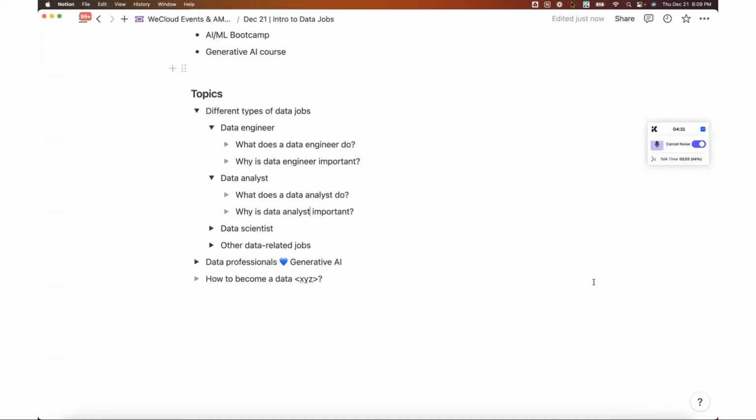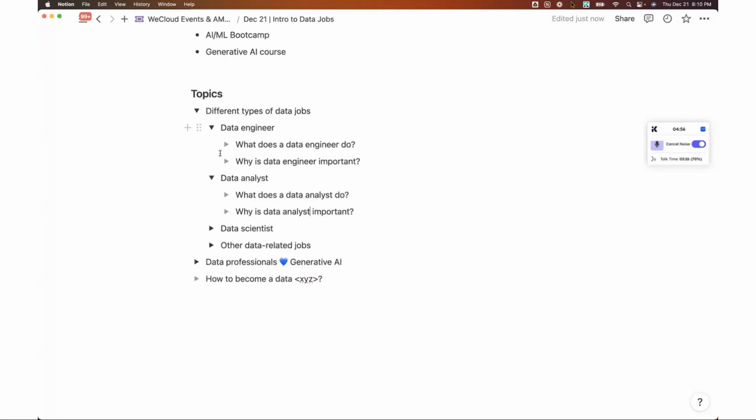So Shaitan is saying that data engineering is about making sure the data is collected and stored in the right way. Yeah, I think that's correct, partially. First of all, the reason why I put data engineering on top is that without data engineering, data scientists and data analysts wouldn't even have the right data to work with. So you're absolutely correct. Data engineers need to make sure that data is not only collected and stored in the right system, but also stored in the right way.